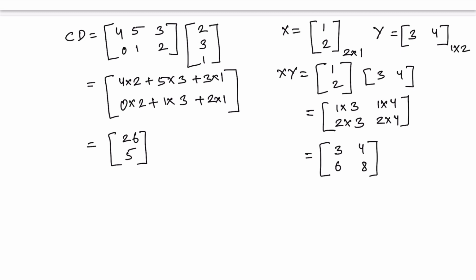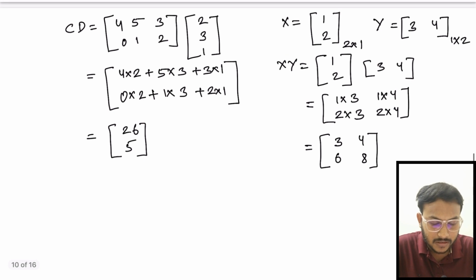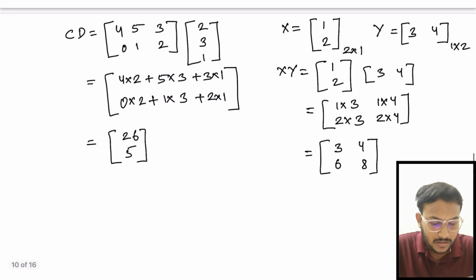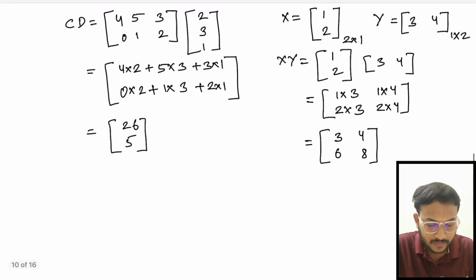Okay, now we will see some rule, where we will see some condition which is required for multiplication of matrix. So there is a limitation, I can't say limitation, but I can say that not all the matrix multiplication is possible. Okay, so there are matrices that we cannot multiply. So we have to understand when we can multiply two matrices and when we cannot multiply two matrices. For that we will take an example.